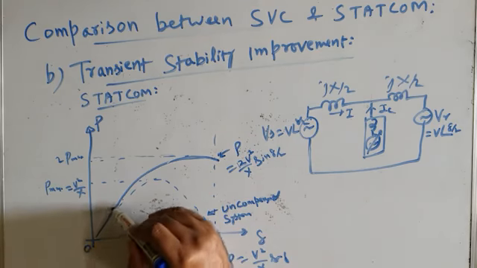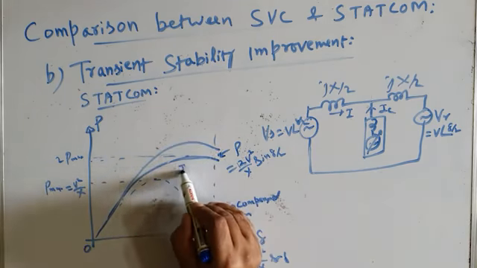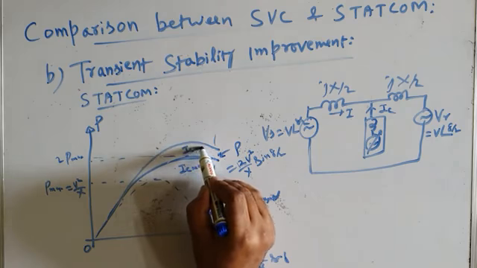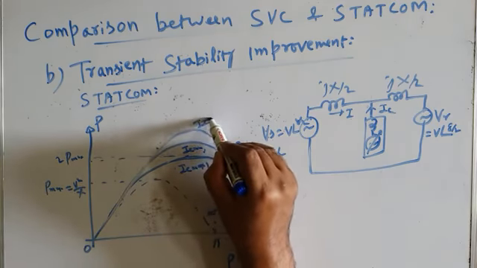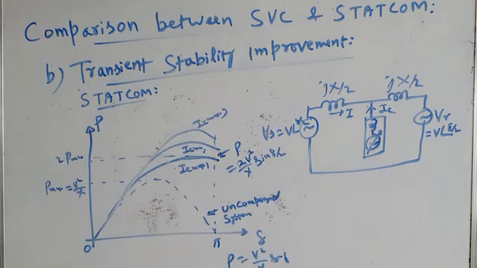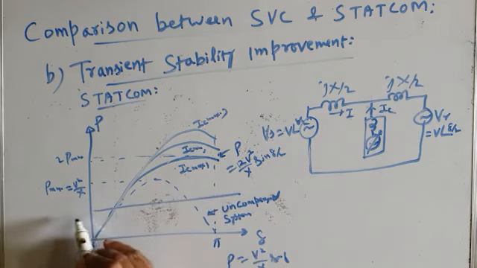Then here the capacitive current is IC max 1, here the capacitive current is more, IC max 2, and here the capacitive current is still more, IC max 3. Well, let us suppose that earlier our system was operating where the electrical power transmitted was equal to the mechanical input power, PM, and it was operating at